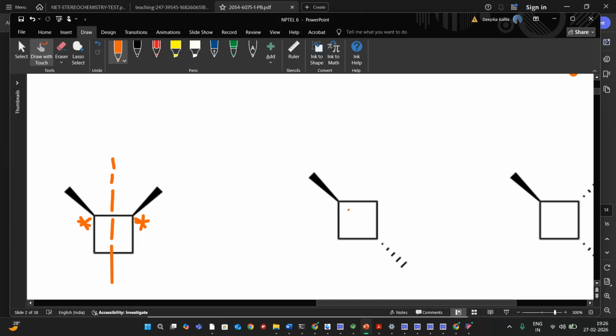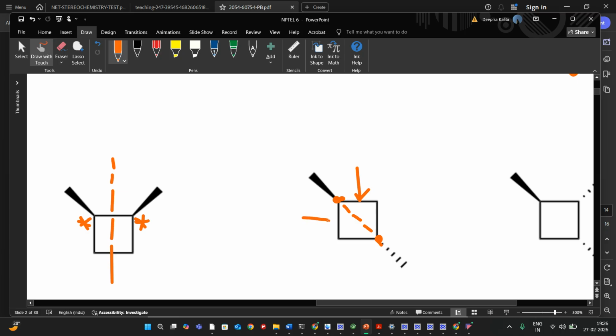In the next molecule also, a mirror plane passing through it can divide this molecule into two equal halves. Hence, the molecule will be achiral, but it will possess two asymmetric centers, which are these two. Ah, these two will not be asymmetric centers because